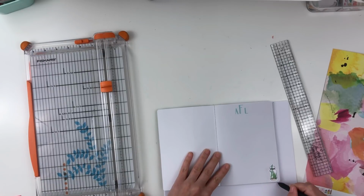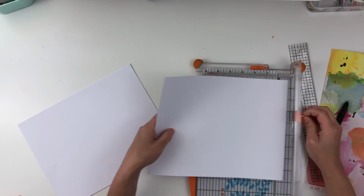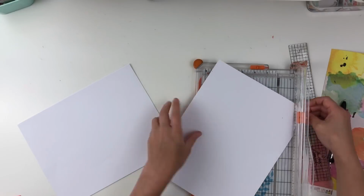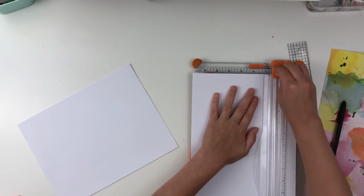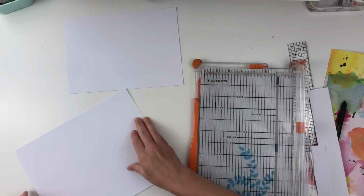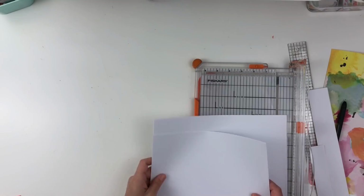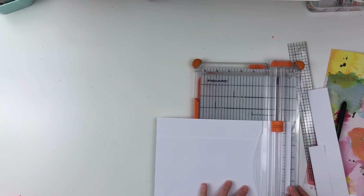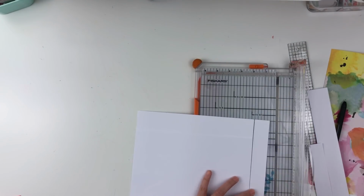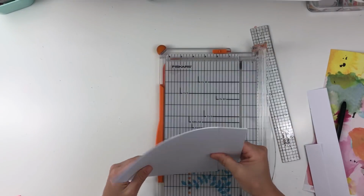So the first thing I'm doing is simply measuring out the size of the notebook, and I'll speed up the video here in a bit, but I just wanted to share that short process of measuring things out if you want something a particular size or a similar size to a notebook that you already have. Just simply pull your notebook and use a pen or a pencil to measure and then cut your paper to size. I'm using printer paper, and I highly recommend that for a notebook like this,